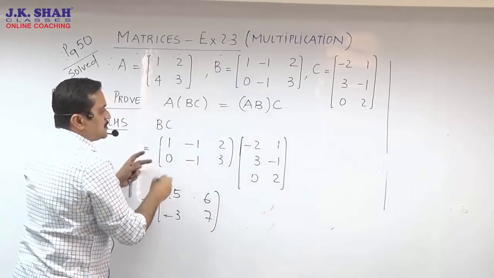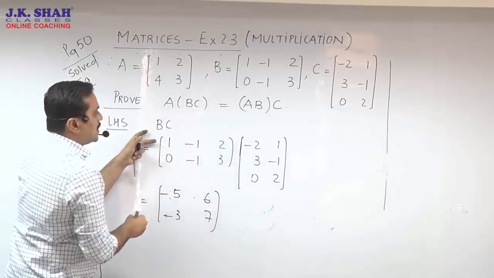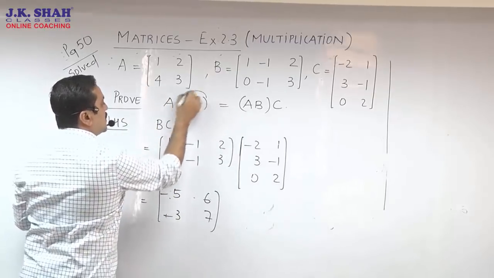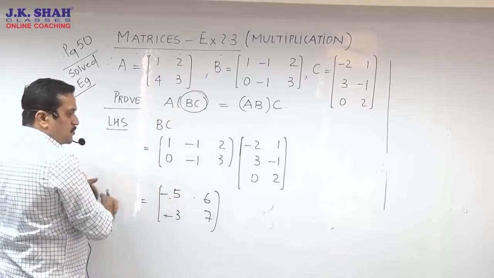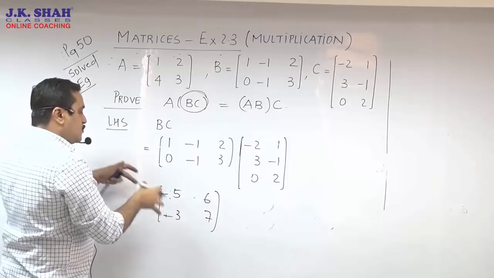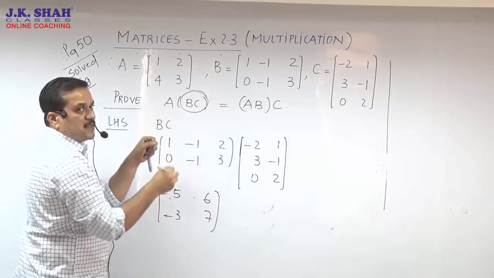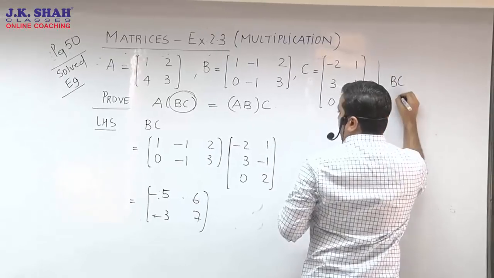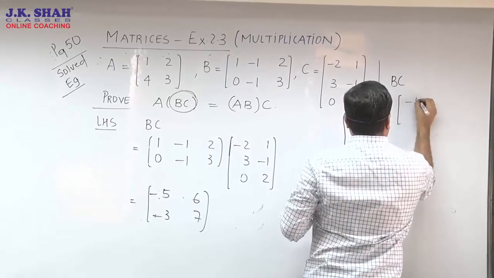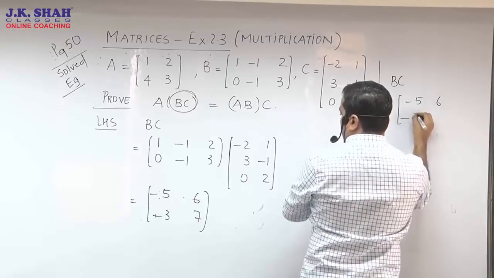Now I'll be pushing my BC ka answer over there because I need to work out. Remember, we have just finished off one part of LHS. We need to work out ABC. So this matrix has to be pre-multiplied with your A. So before doing that, I'll just shift my BC ka answer there. Just a second please everybody. I'll copy my BC ka answer over here. Minus 5. Just preserving my answers.